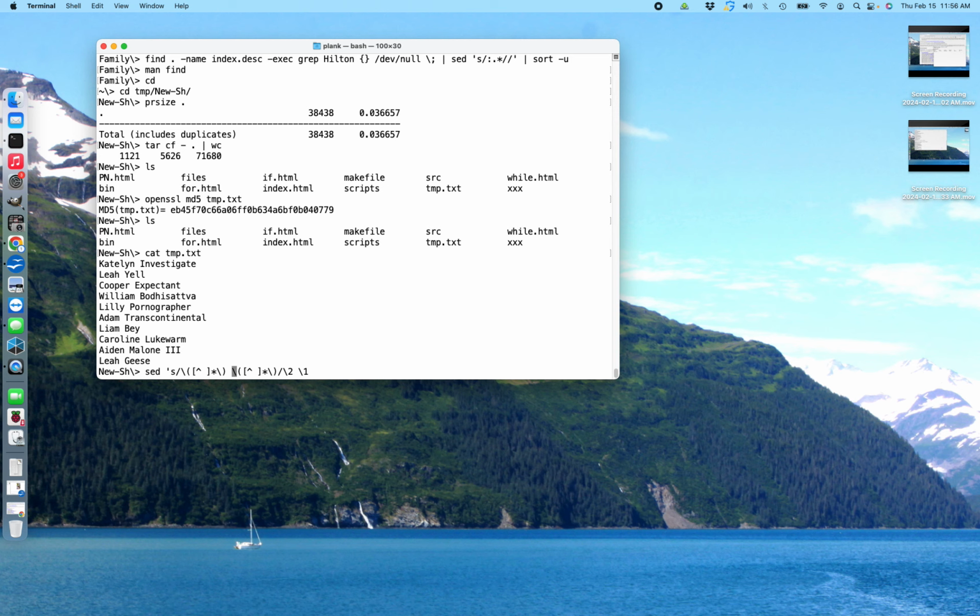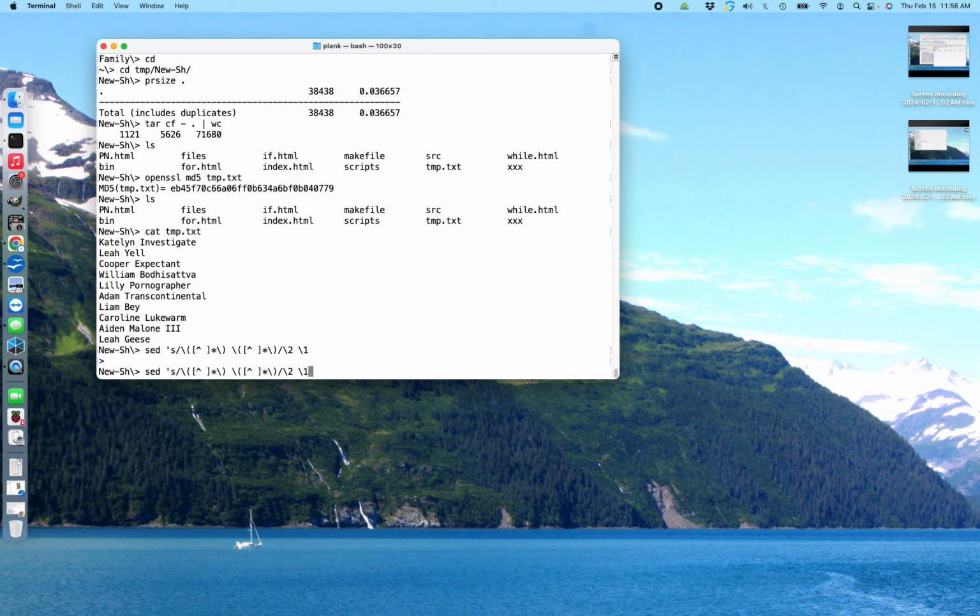The pattern matching goes maximally, so it tries to match the maximum thing. Now here, I'm not quite sure what it's going to do with this. I think it's going to match Aiden Malone and then space and then 3. Oh, no, it's not. It's going to flip-flop Aiden Malone because it's not space, space, not space. Okay. And then the 2, 1 just says do them in reverse order.